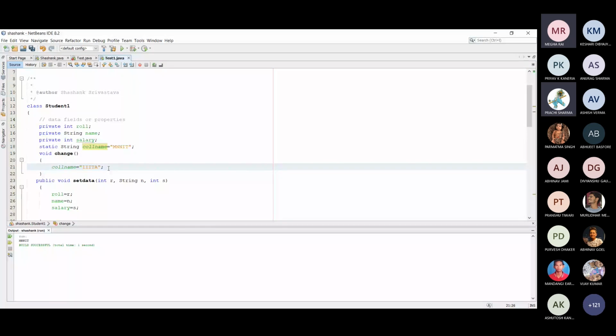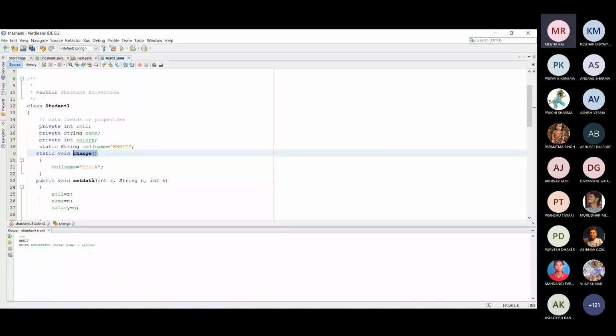So if I write the static keyword here, static void change, it means this method is called by the class name itself. In order to call the change method, there is no need to create an object.